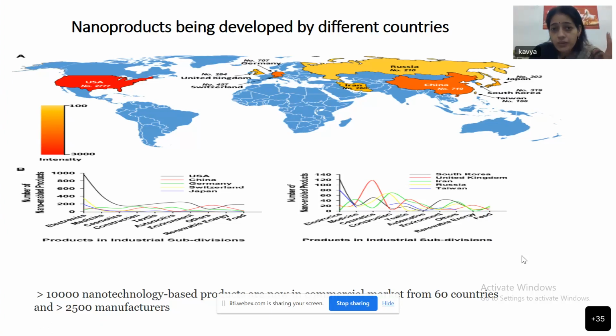Now, does this number ring a bell? I'm sure it does not, because if we talk about a shampoo pouch, so many shampoo pouches are available. So what does this 10,000 number signify? It signifies that before we have any regulation in any part of the world, 10,000 products are already available in different forms of engineering, whether it is agricultural engineering, food engineering, mechanical engineering, electrical engineering, computer engineering, textile engineering, you name a field, and it is working on nanotechnology, and it is unleashing the product,